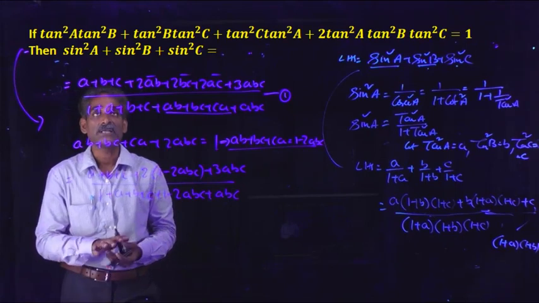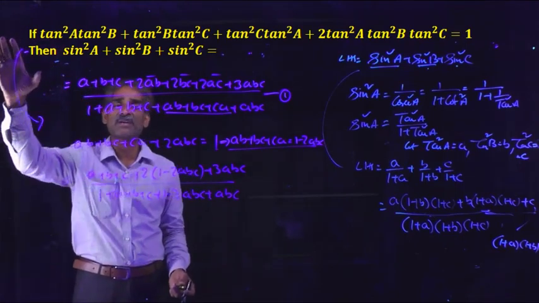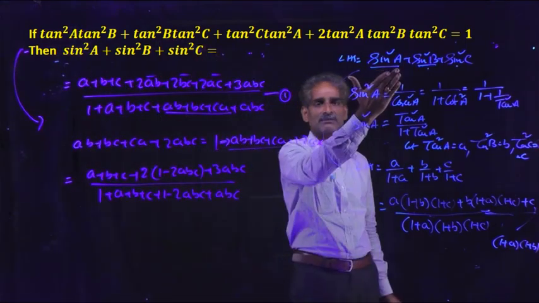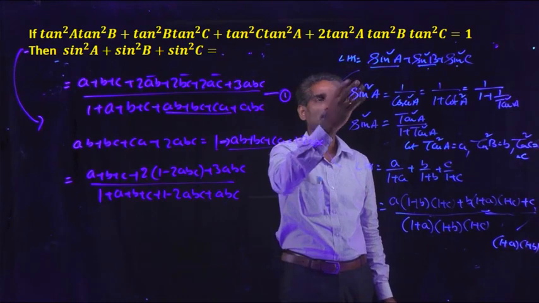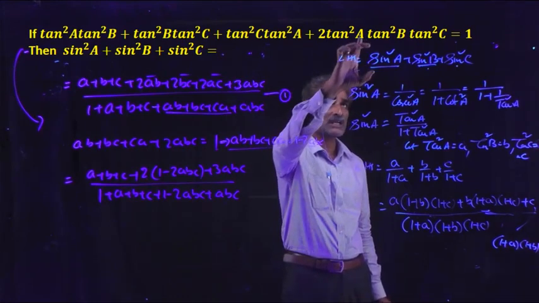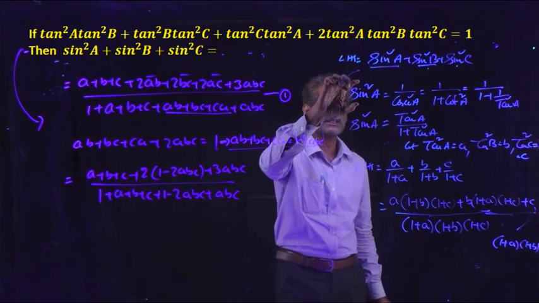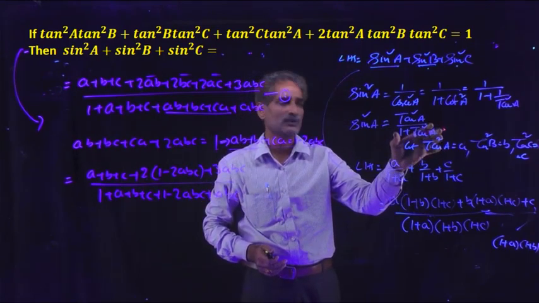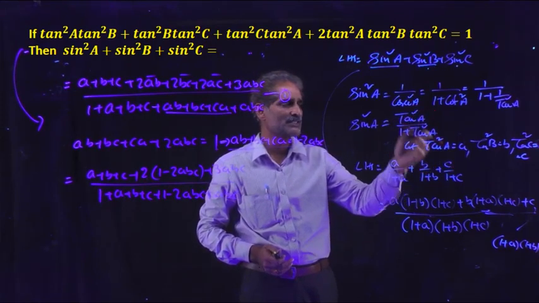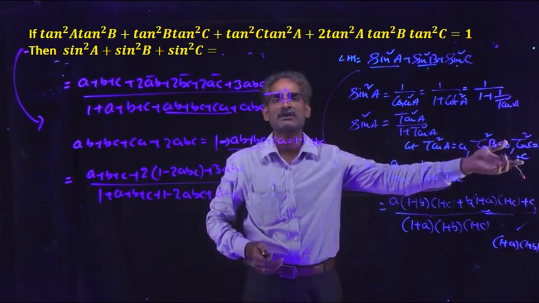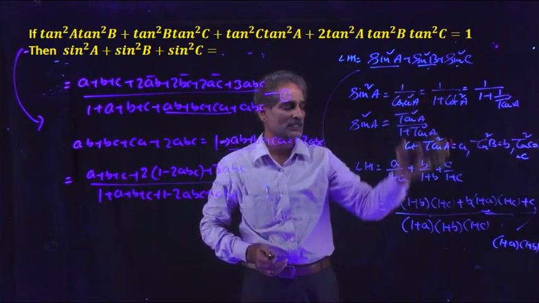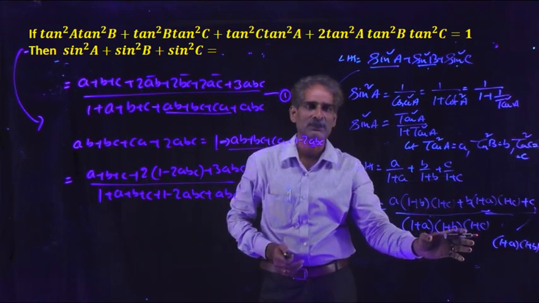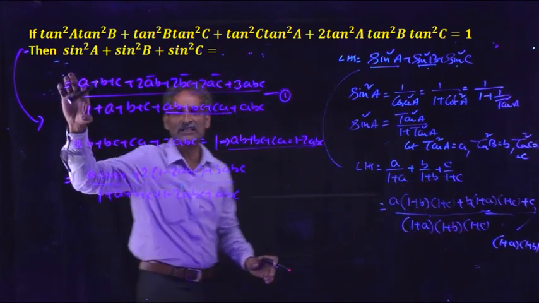So understand, here the given expression is in terms of tan functions. All are tan functions, but the required one is in terms of sine. How can you use this one directly? So here I am trying to convert this function in terms of tan. So sin square A value is tan square A by 1 plus tan square A. For easy writing, just simply consider tan square A equal to A, tan square B equal to B, tan square C equal to C. So this total expression is converted in terms of ABC. After simplification, we will get this expression.